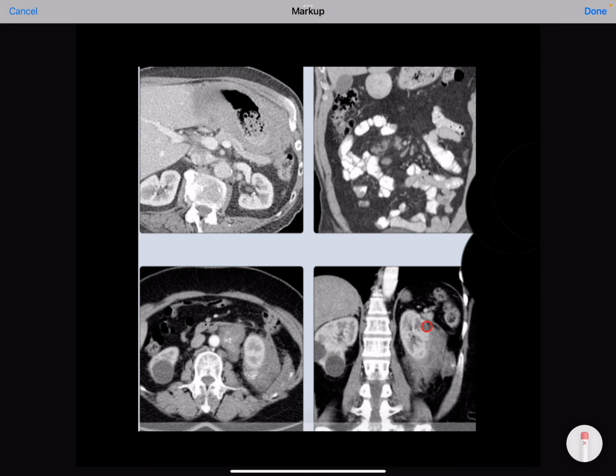From the treatment point of view, the treatment basically depends upon which type of protein is present and what is the cause of this amyloidosis. So on the basis of the cause, we treat the amyloidosis. If the cause is myeloma, we treat the myeloma.